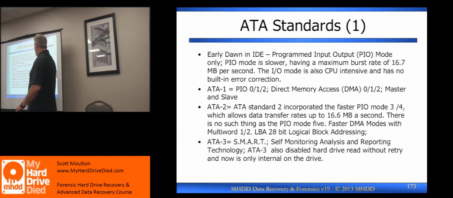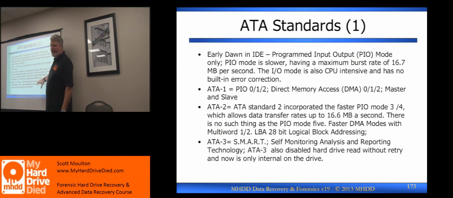Okay, so from there, ATA2, and I'm only mentioning the stuff that matters to us. There's hundreds of things in every ATA spec. In ATA2, this is the first time we went to LBA blocks. Prior to ATA2, we did not use LBA. Logical block addressing has been around since SCSI, and SCSI's always had it. Old SCSI hard drives, even like a 1 meg SCSI hard drive, will still work on current equipment because they used LBA blocks. It'll still run if you can get the right connector. It'll still work. But we didn't use that in IDE hard drives.